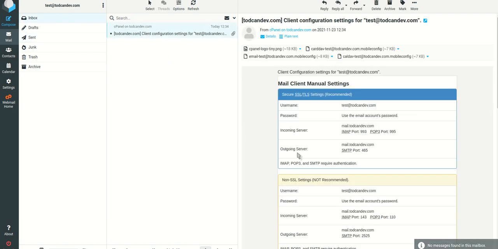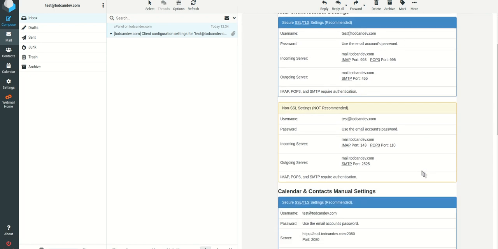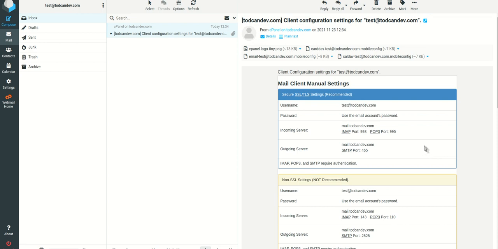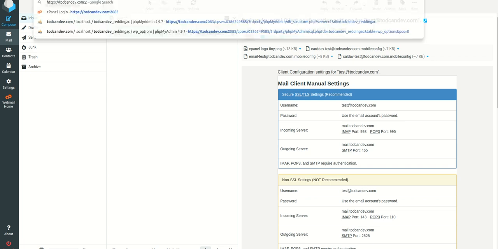This has some settings. If I want to configure other fetching things, like maybe my phone has an email program on it, or maybe I want to use one of the nice open source mail fetchers like Thunderbird by Mozilla. All the server stuff I need is right here to do that, so I can go ahead and make all those settings. In the meanwhile, I can continue to use webmail, and if I log into this again down the road,